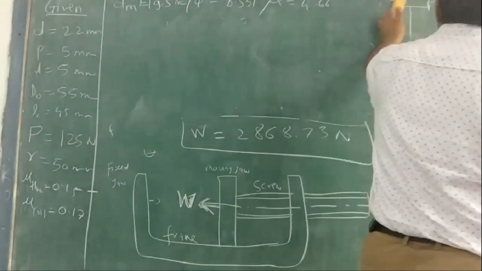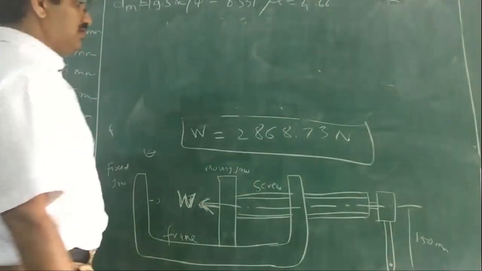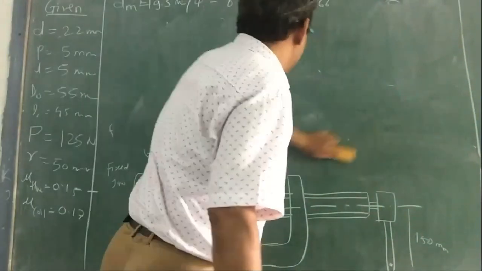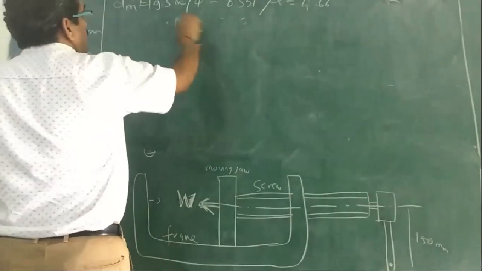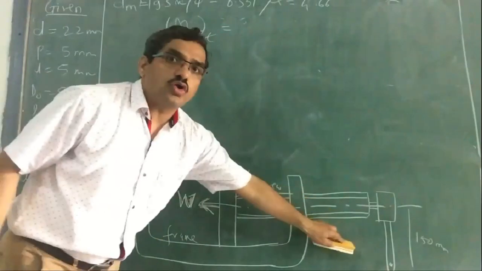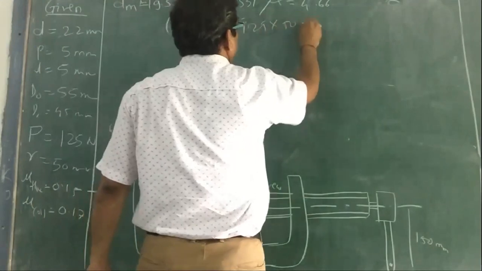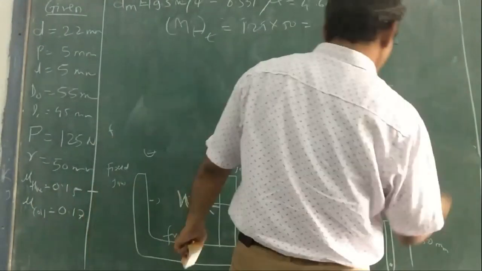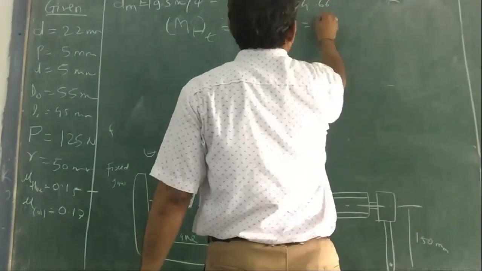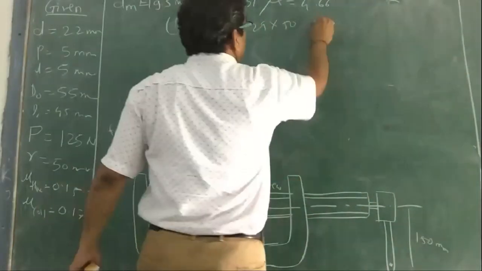Now we have to find the overall efficiency. We found the force. Now total torque is what? It is the sum of the two torques, which is basically equal to the torque given by the input. That we calculated as 125 into 50, whatever it is. So this is the total torque, right? And its unit is Newton mm.